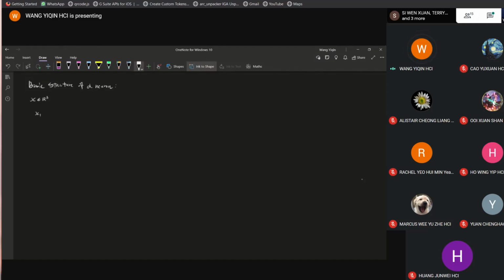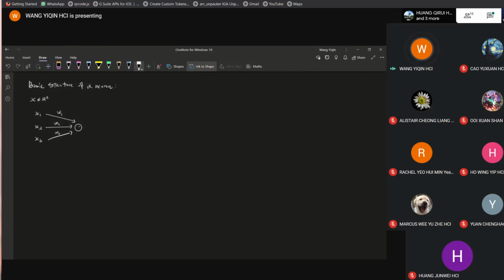And let's say we have these lines connecting these inputs into a neuron, and each of these lines represents a weightage of these individual inputs into the neuron. So for example, this line can be W1, this is W2, this is W3,